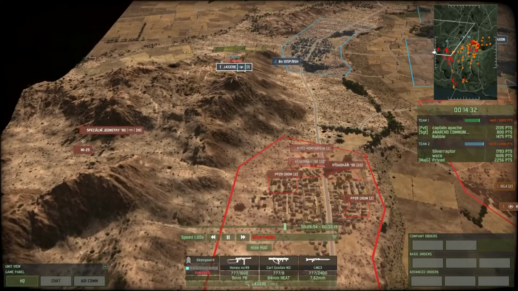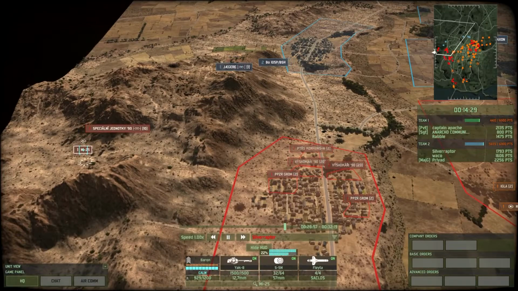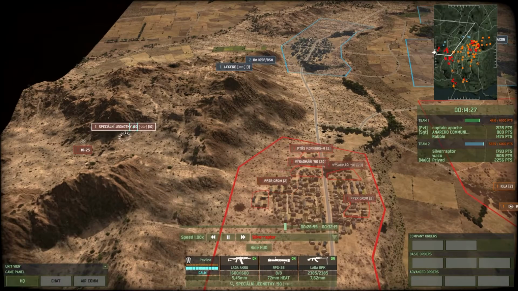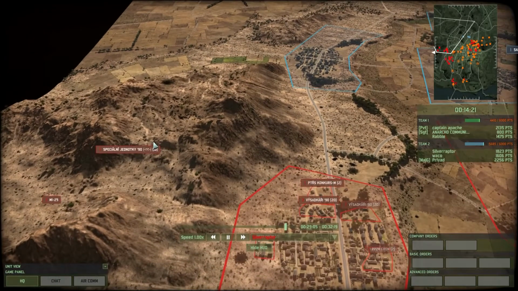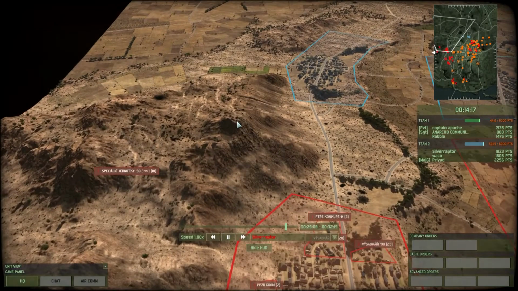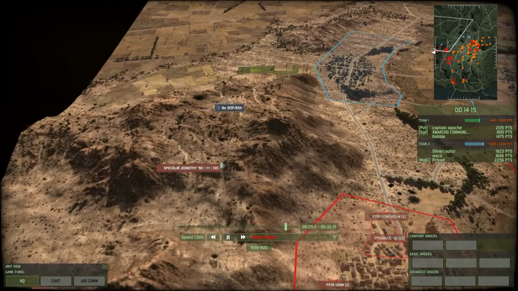MiG-29 has discovered there's some Yagari here, and they're just going to pepper them with rocket pods as the Specialini, which have replaced my 2-man recon squad, are going to try to take up their positions. I am trying to get them up here because I knew the enemy forces had recon infantry, so that at close range, those